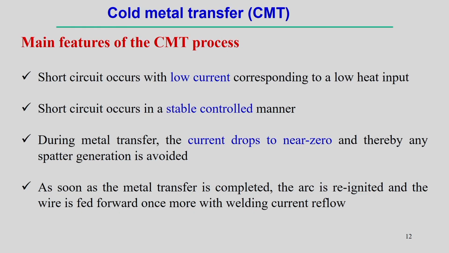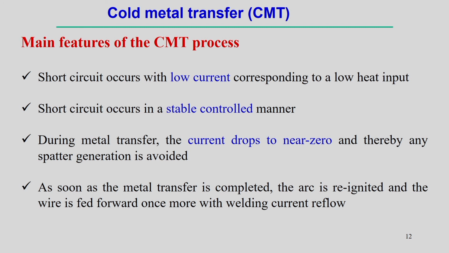It is necessary to mention that even in the gas metal arc welding process, spatter formation is one of the problems associated with metal transfer. There are many parameters that influence spatter formation, but it is a common problem in gas metal arc welding. But in the CMT process, the metal transfer happens at a very low or almost 0 current, and that is why spatter formation can be avoided. So, a very controlled way of metal transfer is possible in the CMT process, and that is why it is also very suitable for the development of metal printing technology.